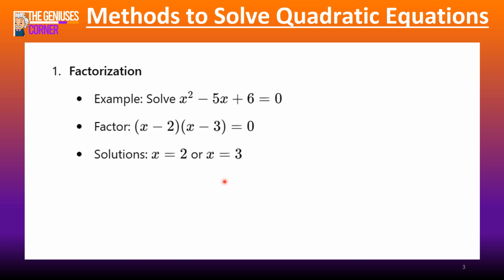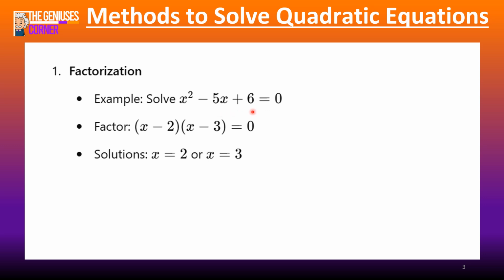So how does this factorization work? Essentially what you want is two brackets with values that when we multiply them out, we get the same equation that we started with. When we multiply these constants, we want the end constant with the same sign in front, and when we add them together, we want the middle value with that sign in front. So we look at the end value and see what factors I have that can give me the middle value.